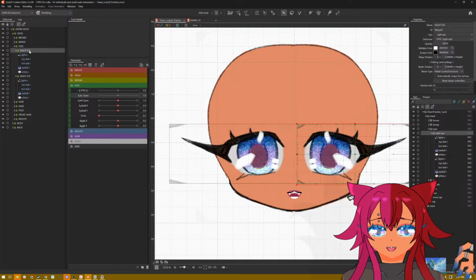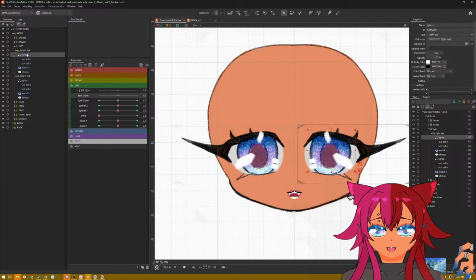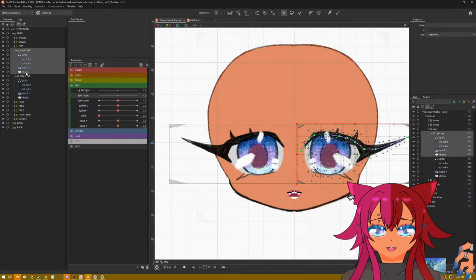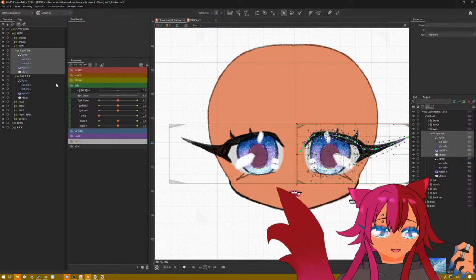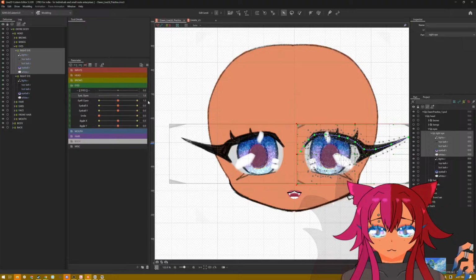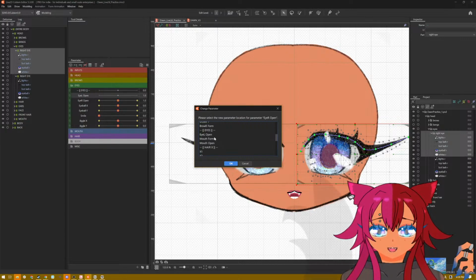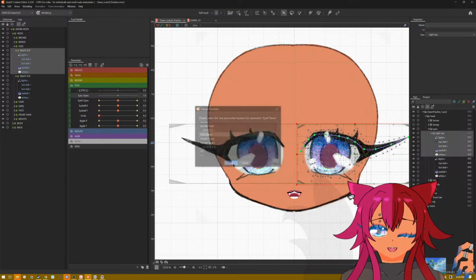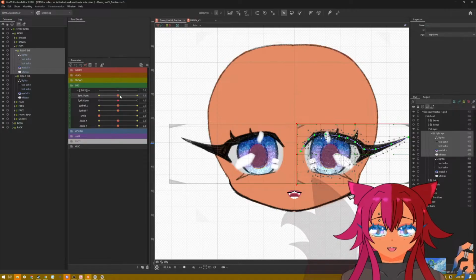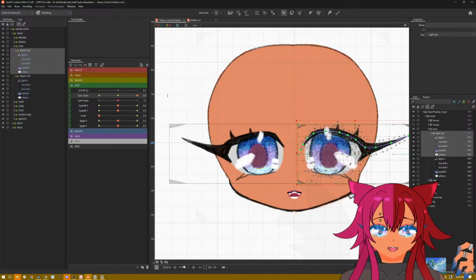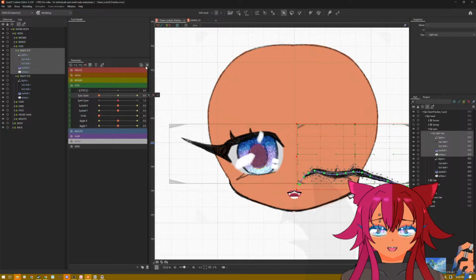Okay. This is the left eye. This is the left eye. And we're going to change this to be the left eye. Okay, and now when I do this, yeah, yippee, we did it. Okay,